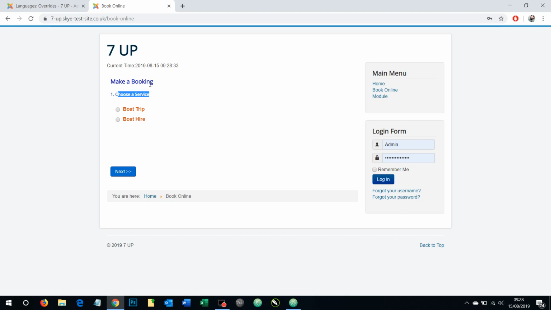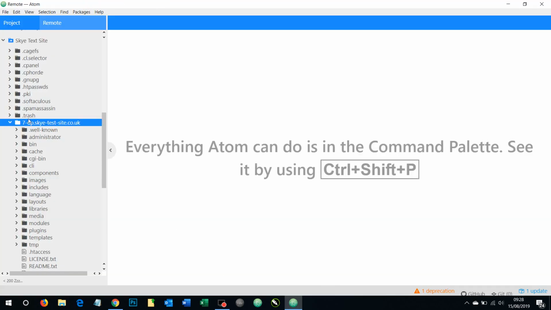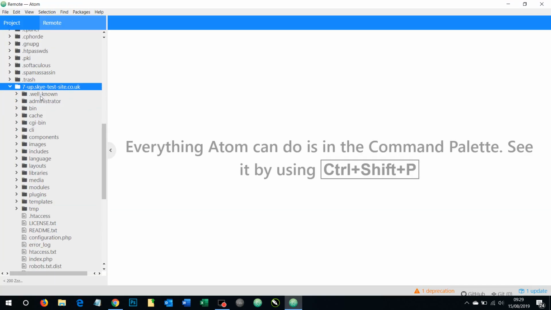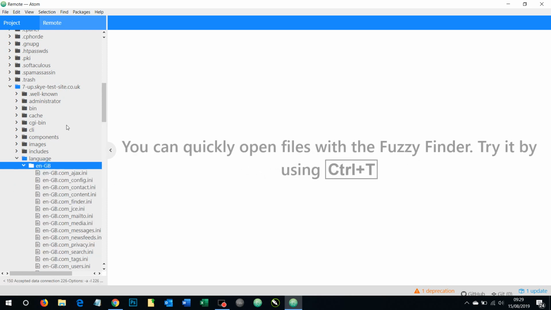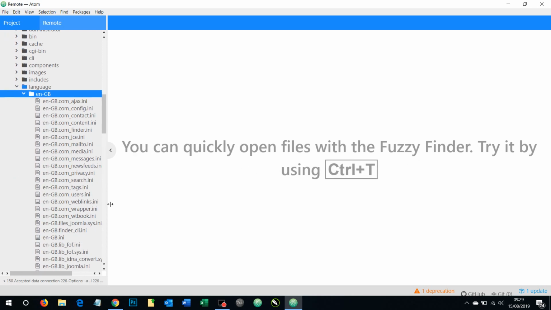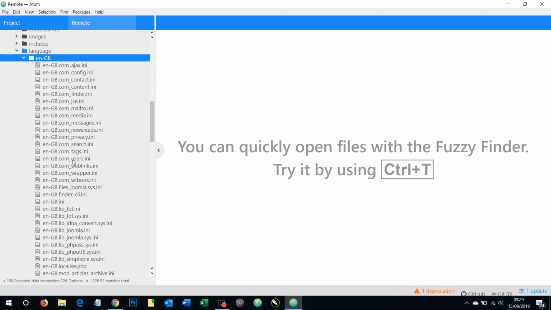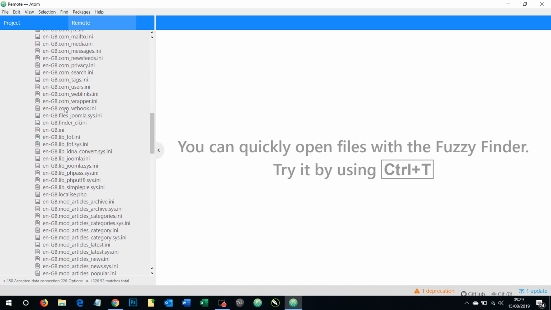The other method of changing things is if you're a bit more happy to enter FTP, you can use a client and go into the actual files of your website, and we can go in here and look for a language folder. I'm in the UK, so we're using English, so I can go to English, and we can look for the language file for Booking Robot. If we scroll down, we can see here it is here,